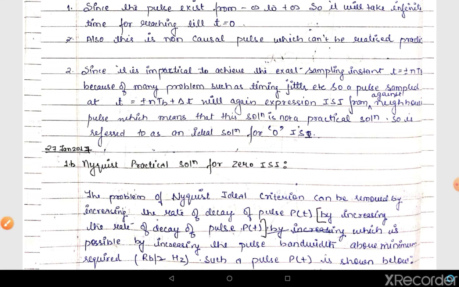So what I mean to say, my third concern is that because of timing jitter, my sampling instant will not be exactly TB. Rather,